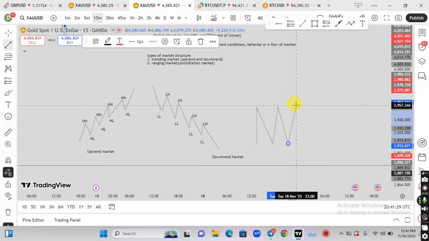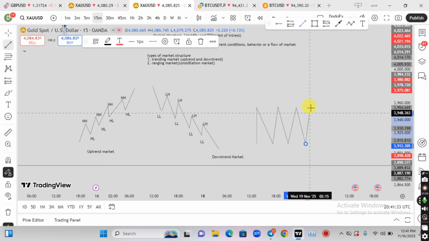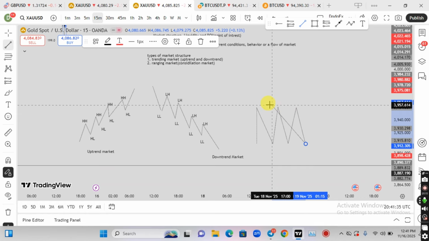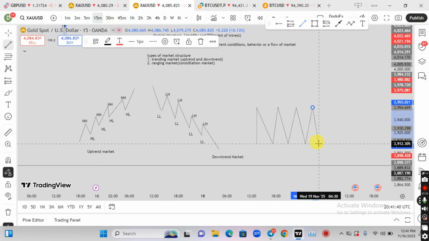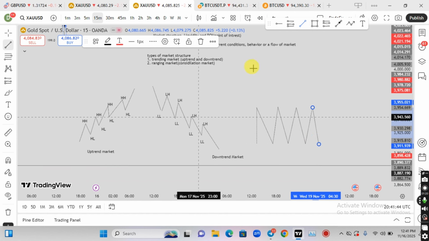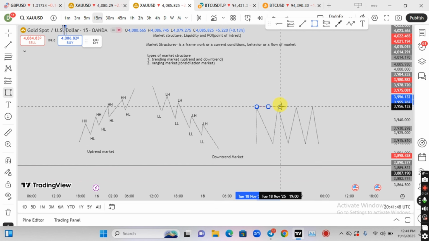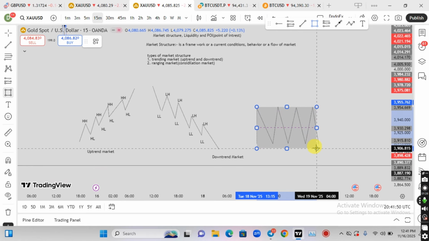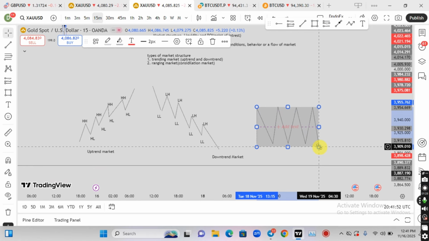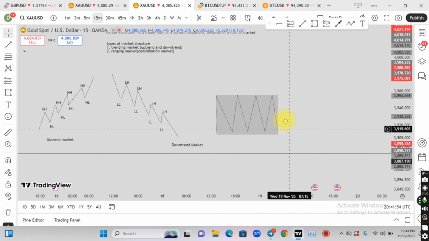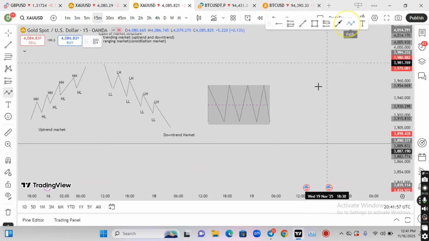Price will be doing like that, then back again. Instead of breaking these zones, it just keeps respecting this resistance level and then support level. This is what we call consolidation or ranging, because price keeps rejecting from these zones. So it is advisable not to trade this range, except maybe